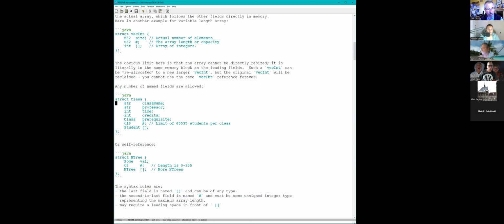And here is a sample where I have a bogus class, community college class, not the other kind of class. There are some fields up front that say things about whatever, and then there's an array of students. Or some self-recursive entry design where you have a 1 byte length. So the rule is, if you're going to have fields and also an array, the array comes at the end. It has to be called a certain thing. There's a little bit different syntax for constructing such a thing because you want to initialize the fields and the array both.